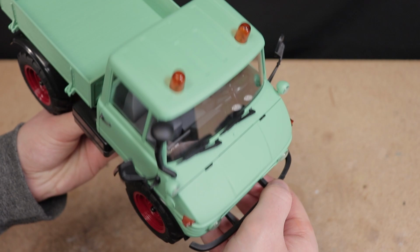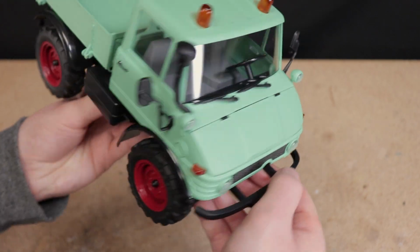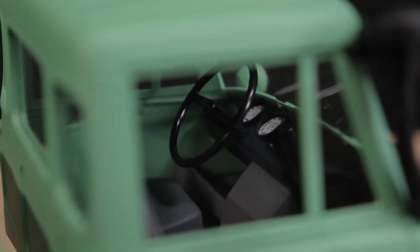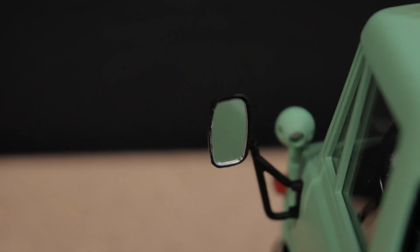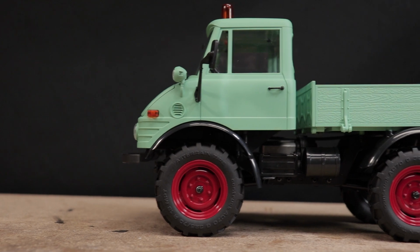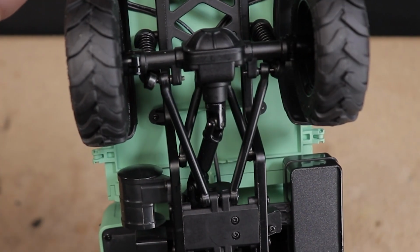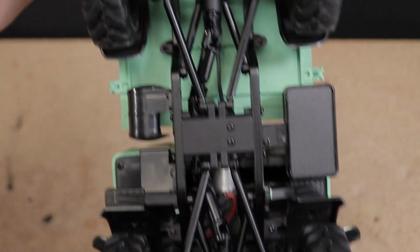It's got a nice looking interior as well. It lacks some details like door panels and some electronics are visible on the floor, but all around a really impressive amount of detail, especially in this price range. FMS really seems to put the focus on realism, which is why I and many other hobbyists enjoy these trucks so much. Underneath that great looking body, you'll find a pretty basic 4-link suspension setup both in the front and rear,